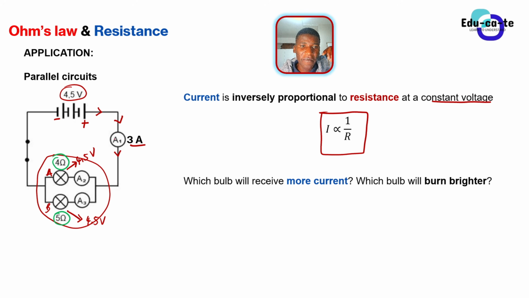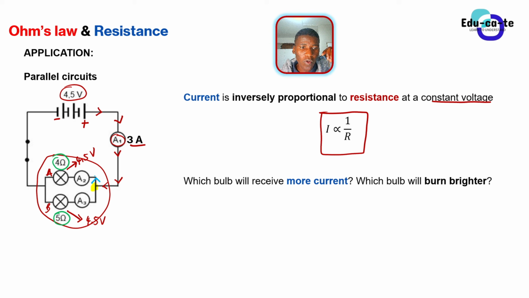So the current that we are finding here at ammeter A1 is 3 amperes. This 3 amperes is known as the total current because it's the current that is coming from the battery directly. And we know that as this current flows and flows, the moment it reaches this point, it will be kind of confused where to go, because at this point the current has got two paths. It can either go up or it can go down. You've got two wires. The wire is splitting into two parts, so the current here is divided. That's why we say in a parallel combination of a circuit we have got current that is being divided.